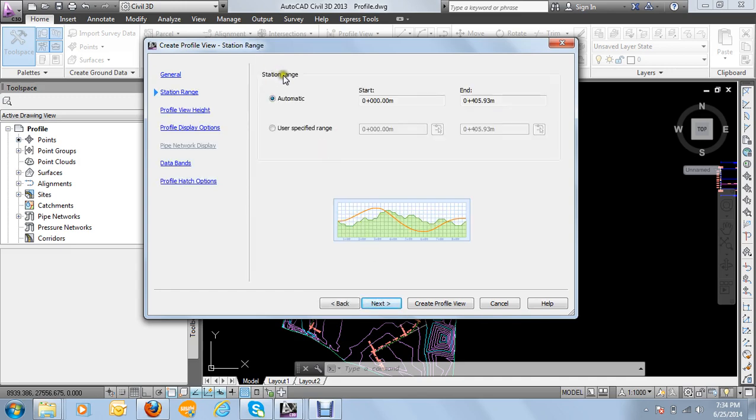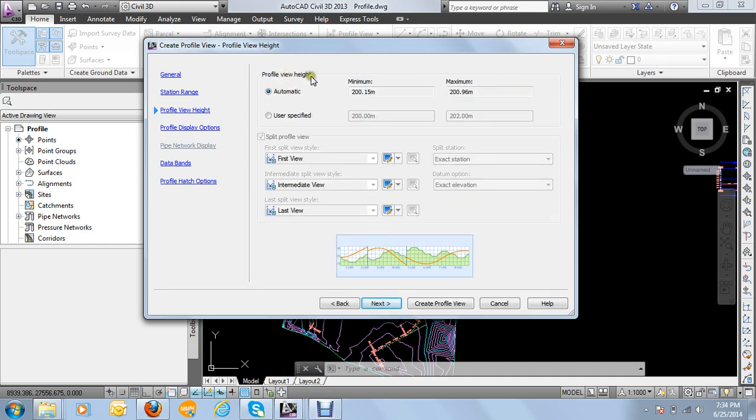I will have the station range. I want to start from the beginning up to the end, from 0+00 up to 405. Then I will click next. I will have the profile view height. Now the profile view height is calculated,